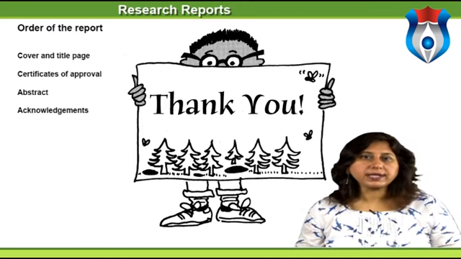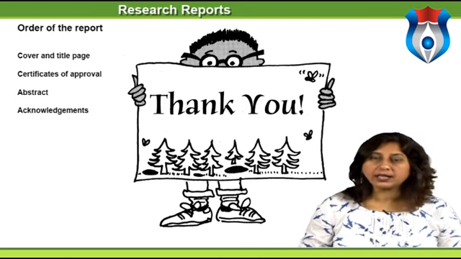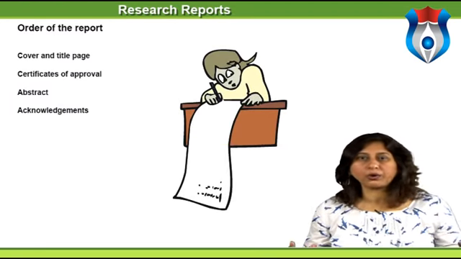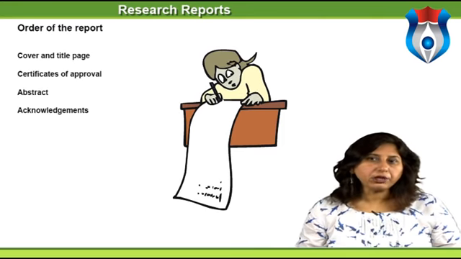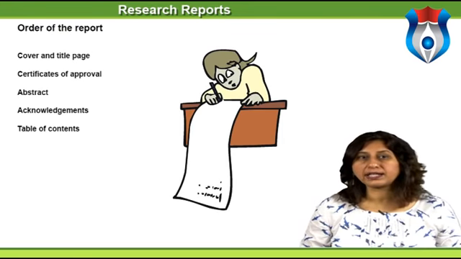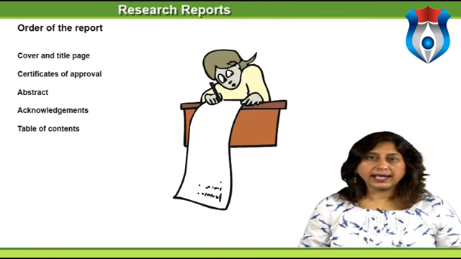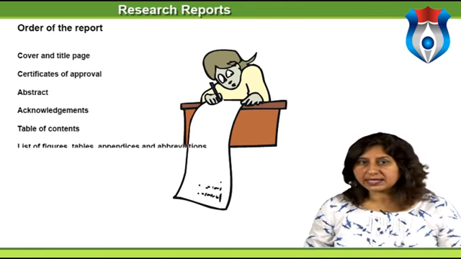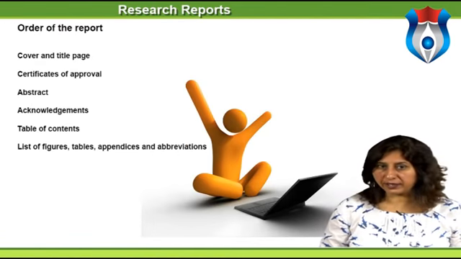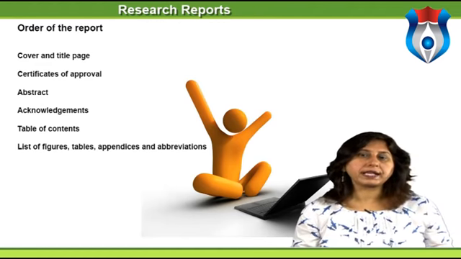Acknowledgements. Students are advised to acknowledge help and support from faculty members, library, computer center, outside experts, their sponsoring organizations, and so on. Table of contents. Every research report must contain a table of contents which provides a view of the organization of the report material. List of figures, tables, appendices, and abbreviations. If the research report contains tables, figures, and abbreviations used, they should be listed immediately following the table of contents